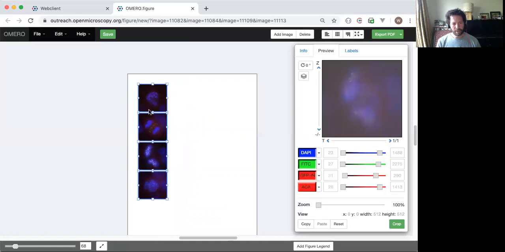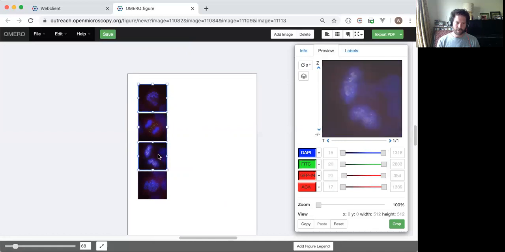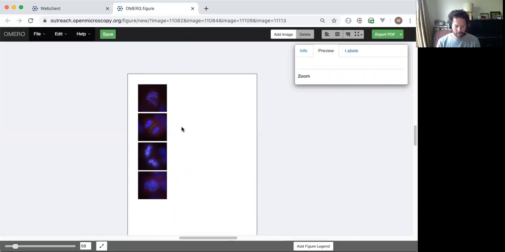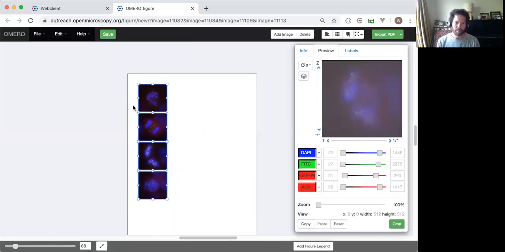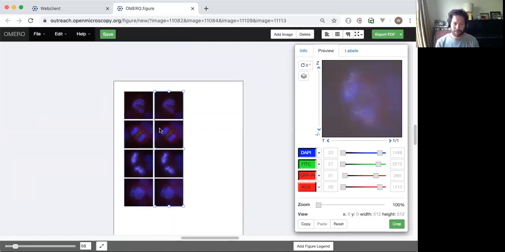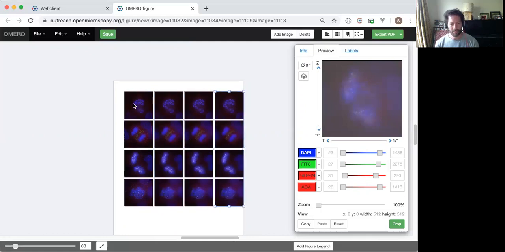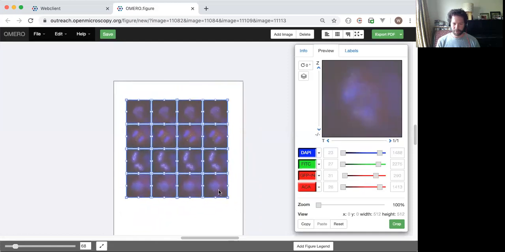So I can drag to select multiple panels, or I can shift click to select particular ones, or in fact I can Control A to select all of them. So I'm going to select these ones and use the shortcut keys of copy and paste to paste multiple times, and that will typically, if you copy a column of images, paste it as additional columns. Okay, so I've got a whole grid of images,